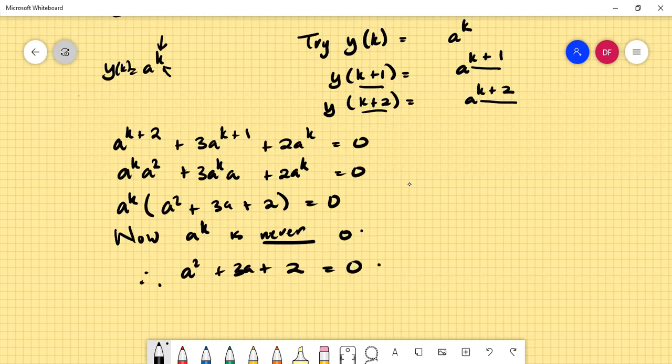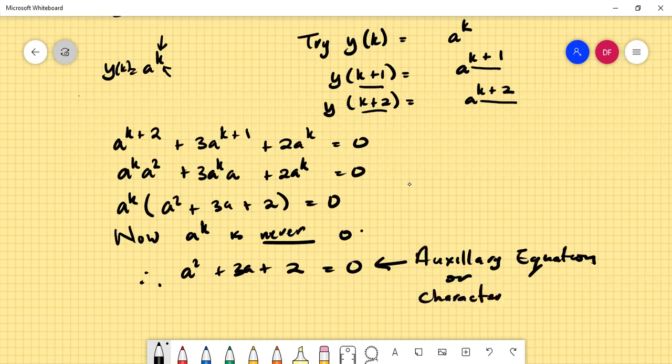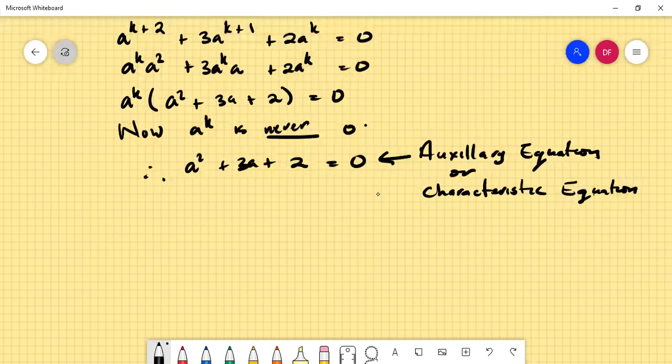And guess what this thing is called? This equation is called a quadratic. It's a quadratic equation, but when you're solving a difference equation, they have a name for when you end up with an equation like this: the auxiliary equation. So this same thing in a difference equation is called the auxiliary equation. And in engineering, the auxiliary or characteristic equation. So to factorize it,